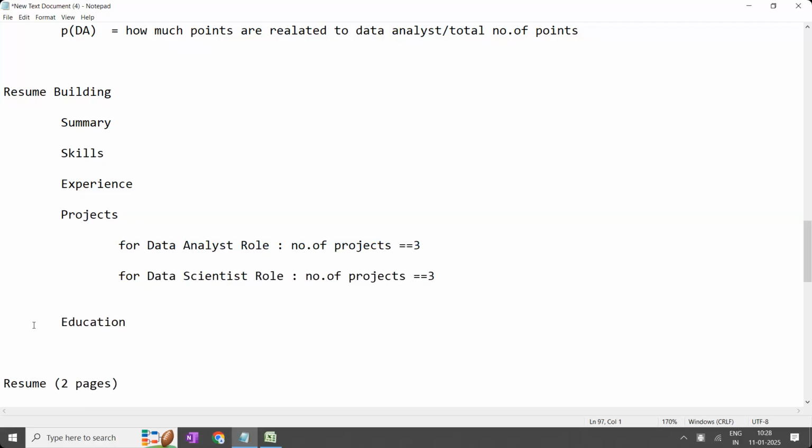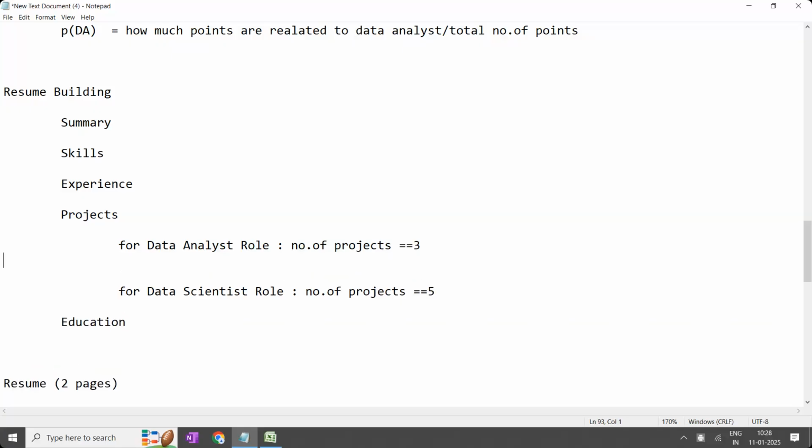Data analyst role is different, data scientist role is different. For a data analyst role, you have to add data analyst projects, because you have to instill the confidence that I am able to work as a data analyst and I can complete your projects. For a data scientist role, you have to share the data science resume, not the data analyst resume. If you send it like this, it is going to be a problem. So here you are going to share 5 projects for a data scientist role. Data scientist students sitting in this class, you have to write 5 projects.